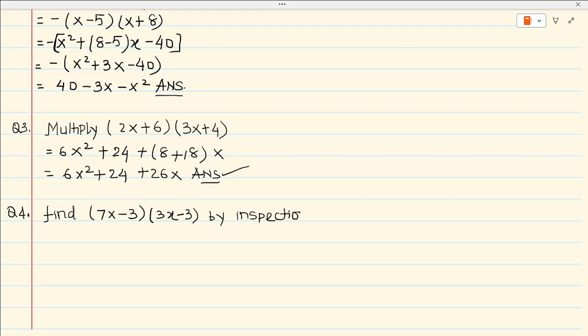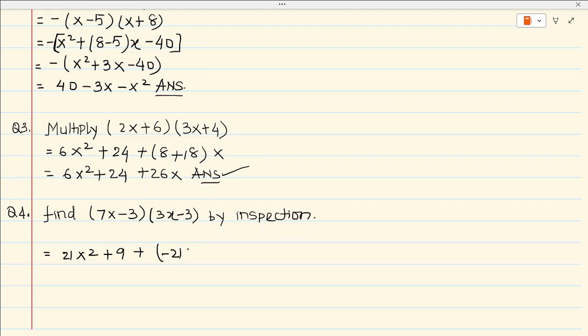By inspection. Okay, so how will we proceed? Simply, see, the form of the expression is the same in both the expressions. First into first, 7 3s are 21x square. Last into last, 3 3s are 9. Plus 9, put a plus sign, put a bracket, inside the bracket, first into last, 7 3s are 21, minus